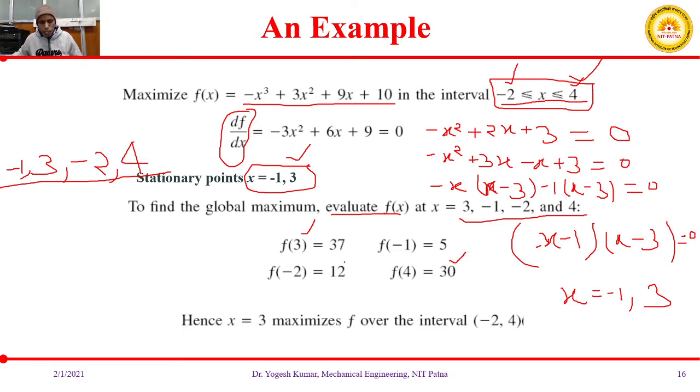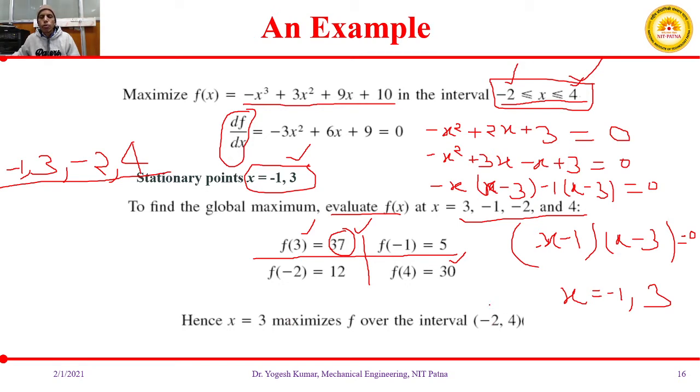Okay, so here we can compare easily what is the largest value out of these four values. This is your largest value. So for f(x), x equal to 3, you are getting the maximum value out of your given values. Okay, so we can say x equal to 3 is maximizing the function f